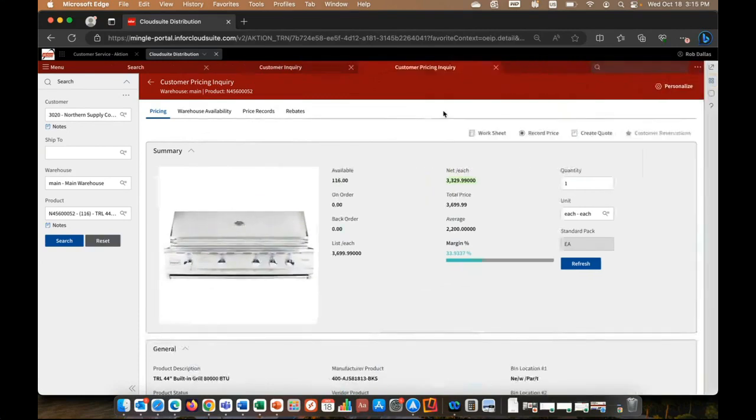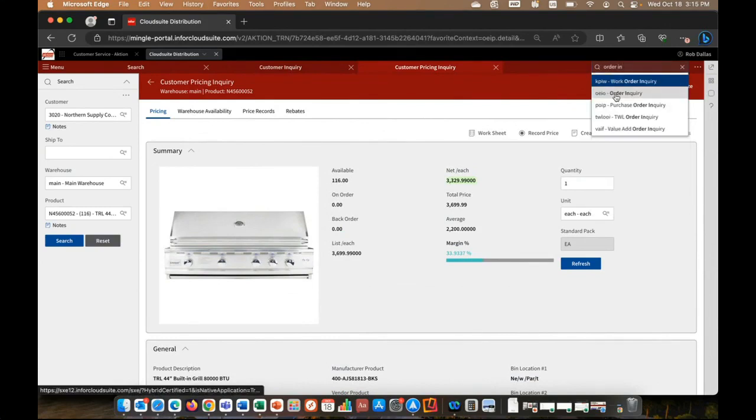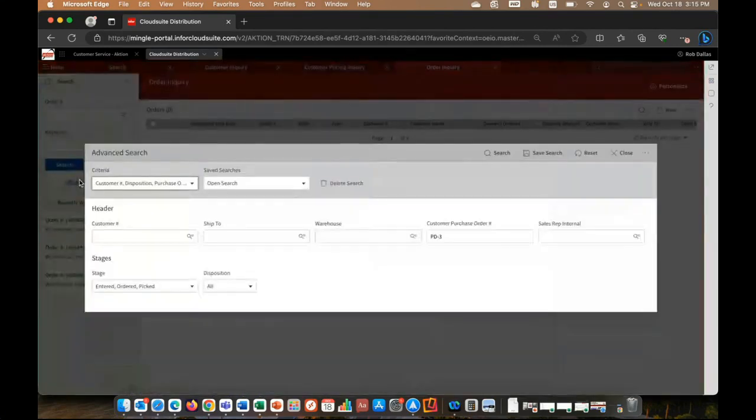Okay, so now we've given them the information that they're looking for. So let's jump into order inquiry to check the status of that order form they asked for. And if you know the order, of course, you can enter it, but I'm going to do an advanced search, right? And notice by default, these are the fields